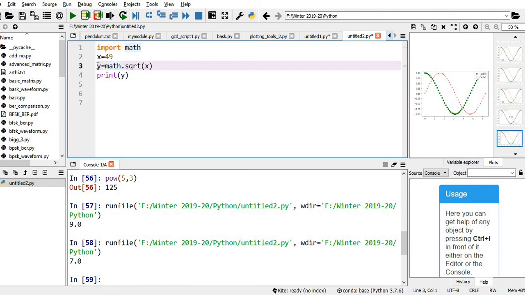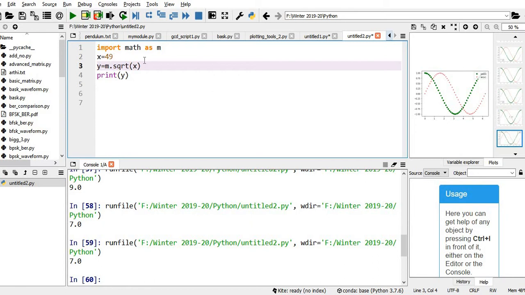The other way, what I can do, instead of this: math is a 4-letter word, but there are some modules with bigger names. So every time, for all the functions, you have to write math.sqrt, math.py. Okay, so it's difficult for us. So what we can do is import math as m. This can be any variable. So this is an alias, math alias m. So I can put this. This is the second way, m.sqrt.